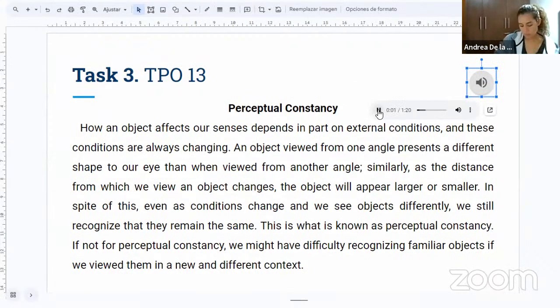Now listen to part of a lecture on this topic in a psychology class. Let's take an everyday example, an ordinary round plate like you'd find in a kitchen. If you hold the plate directly in front of your face and look at it, what shape do you see? A perfect circle, right? Suppose you tilt the plate to a different angle, to a horizontal position, like you're planning to put food on it.